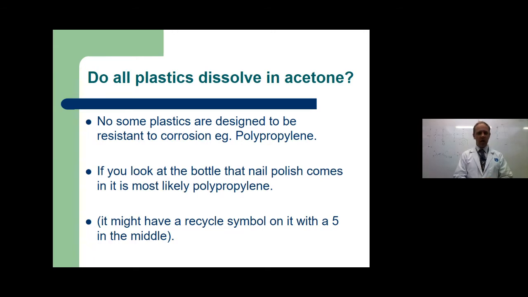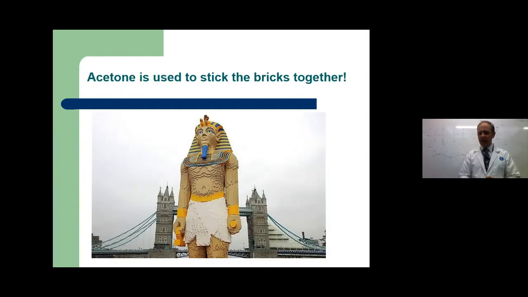If you look on the PowerPoint that Dr. Francis has put on, it's used also when people are building huge structures at Legoland. They have this paint, but it's not paint, it's just acetone. They cover the top bricks in it, they put the bricks together. As the brick starts to dissolve within the acetone, it becomes very sticky. They place the next brick on top of it, and therefore you can have these giant structures and they don't fall to pieces.